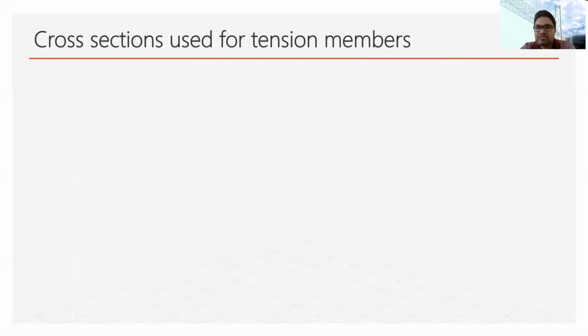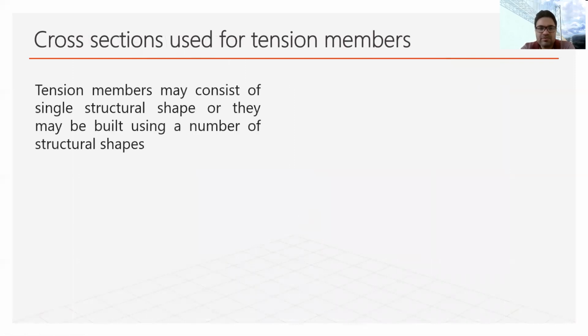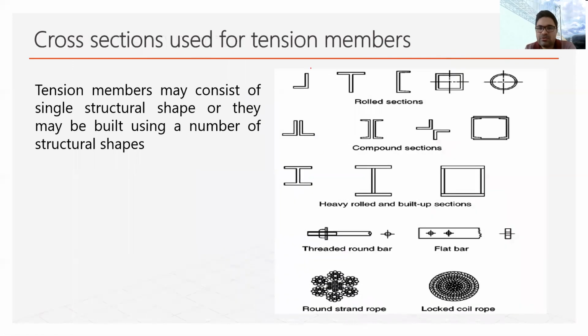There are different cross sections that are being used as a tension member, so we will see that. We use different types of cross section for the tension member. One can be angle section, T sections, channel sections, square pipe, and circular pipe sections. Then we can use compound sections also. In the compound section, we may use two or more sections. Like in this, we are using a double angle system, in this a double channel system, and a double angle system in different configuration. Then in this there are two channels connected with this plate.